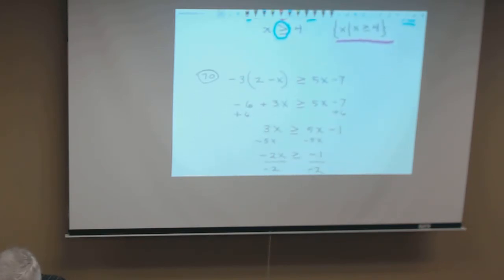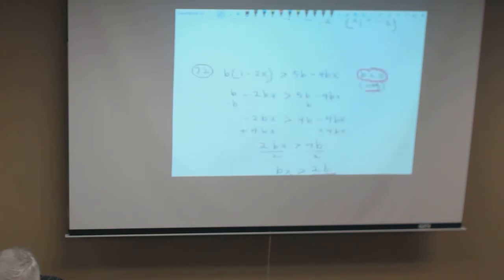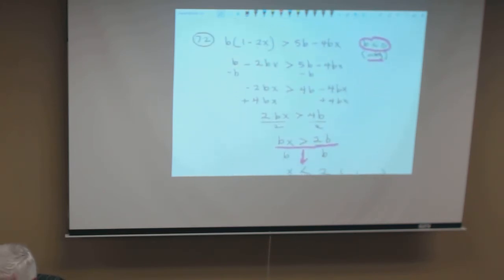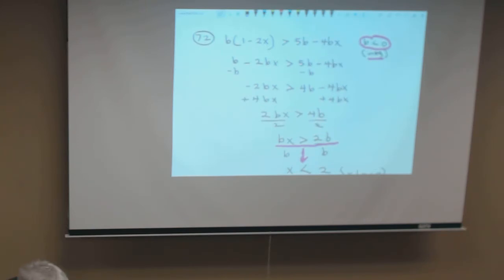Number 70 is the same kind of stuff. 72 is the same kind of thing. No, 72, look what it says for problem 72. It says b is less than 0. That means b is a negative number. Okay? Now I just need to keep that in my head. I can go ahead and do all this work